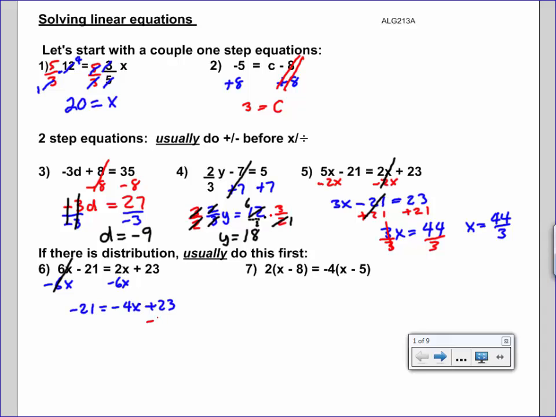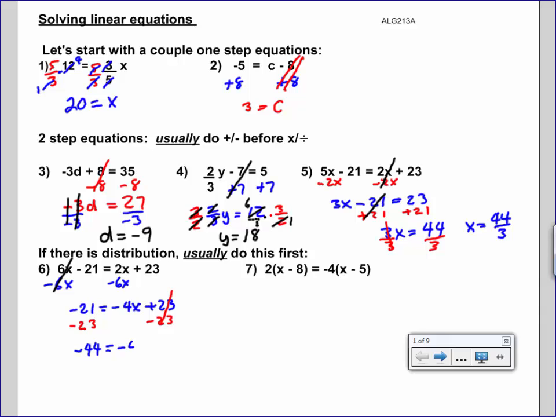We're going to move our numbers over to the other side. So we're getting all our constants and numbers on this side and all our x's on this side. So again, it's just to illustrate you can do it either way. Negative 21 minus 23 is negative 44